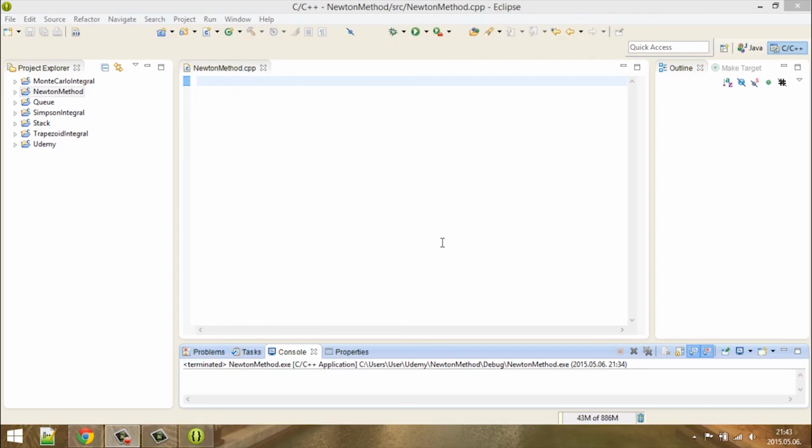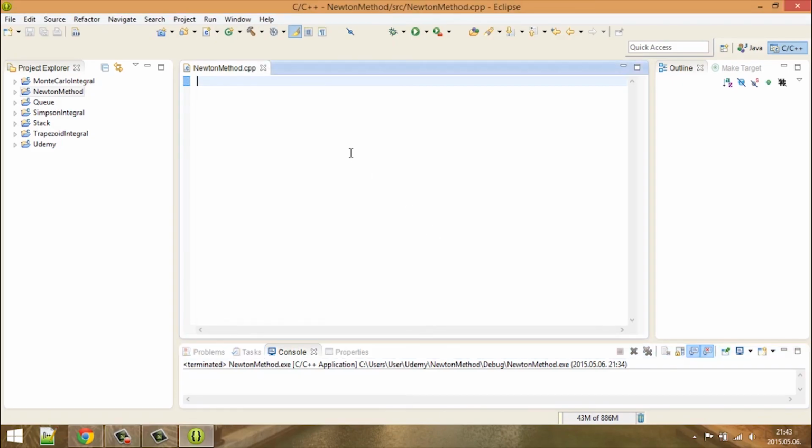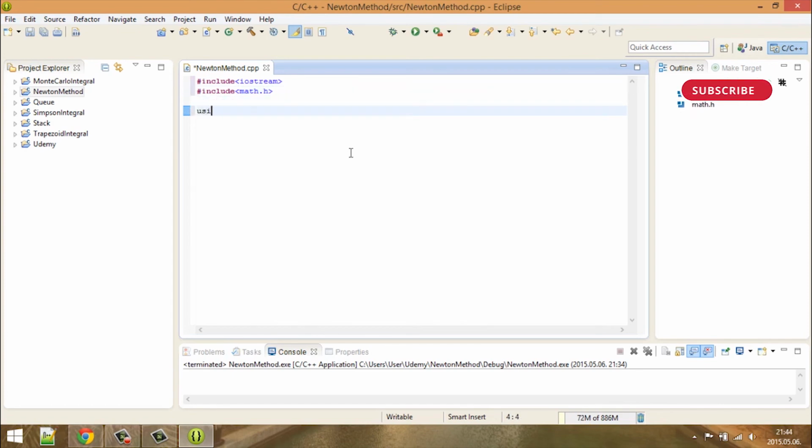Hi, in this video we are going to talk about the Newton method together, so let's get started. I'm going to include the iostream as usual, and I'm going to include the math.h header file. We are going to use the standard namespace. And I'm going to define